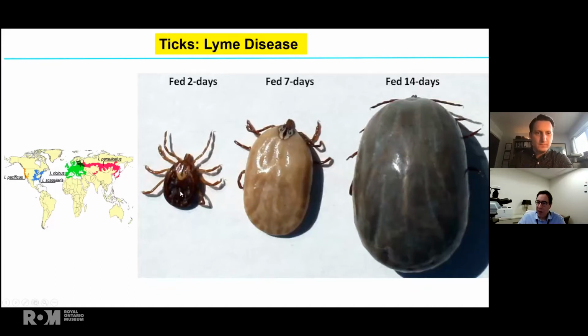And the important thing here is that this is possible because the saliva allows ticks to feed on blood for many, many days. There are many anticoagulants, a lot of other substances that block the immune system, etc. But it's because of the saliva and the salivary gland that ticks can feed so successfully